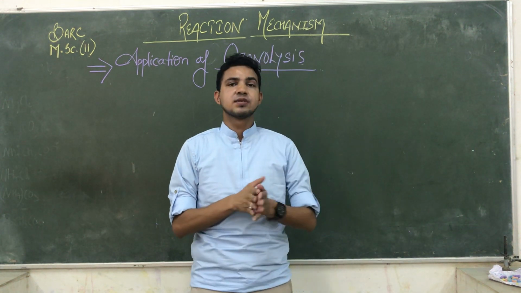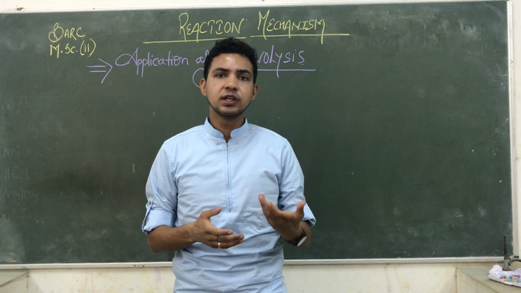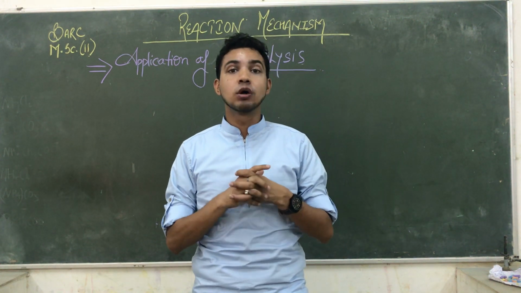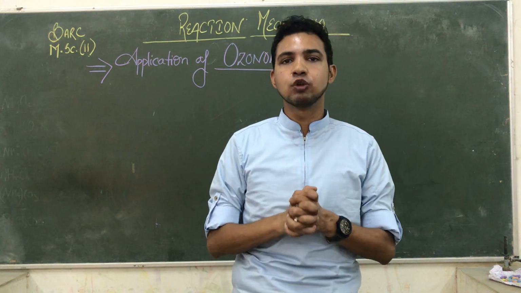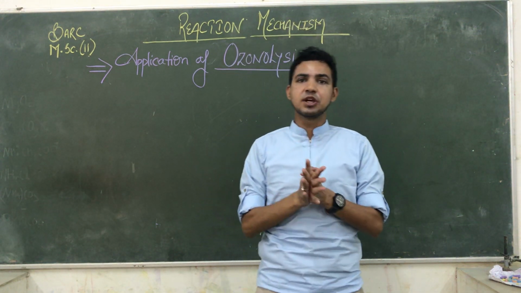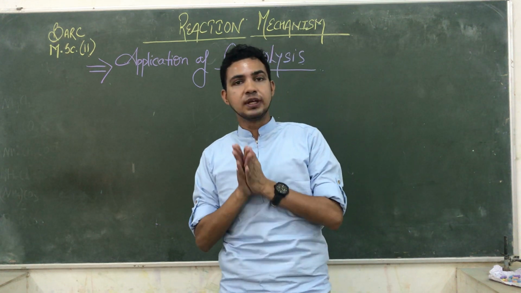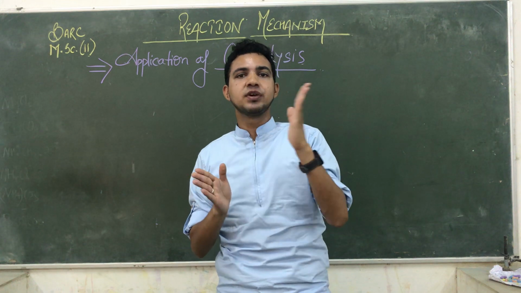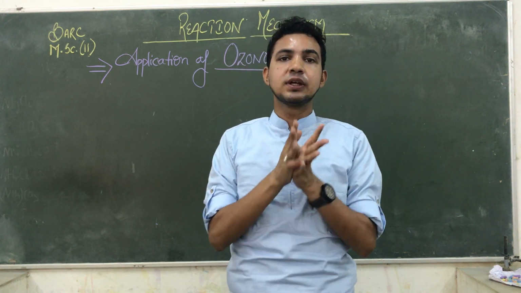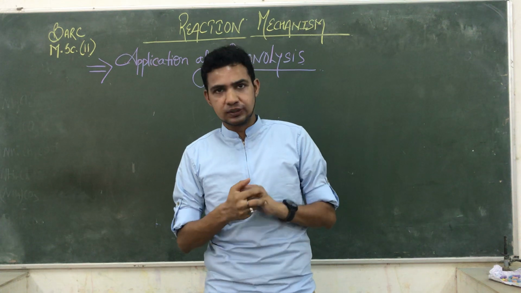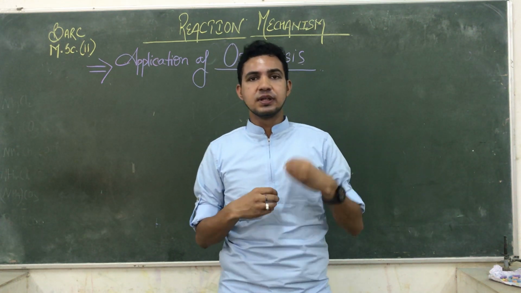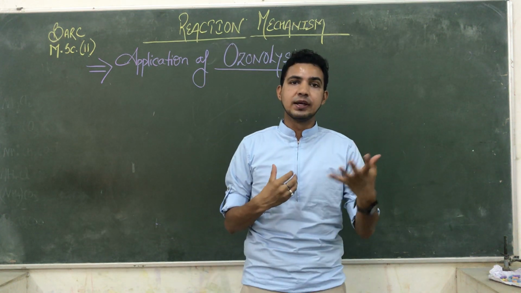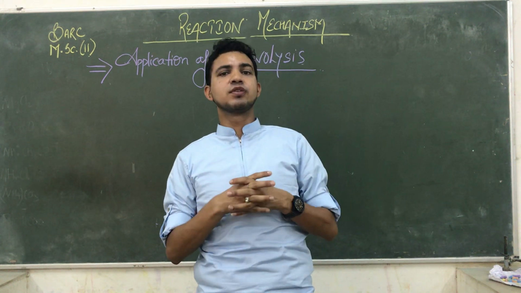So we are starting with the types of ozonolysis. Generally two types of ozonolysis take place. The first one is oxidative ozonolysis, the other one is reductive ozonolysis. Both have the same conditions, but the reagents are totally different. So one ozonolysis is diverted in different directions on the basis of using different reagents. One reagent is responsible for the oxidative, giving you alcohol. The reductive gives you aldehydes. So different kinds of reagents we are using.